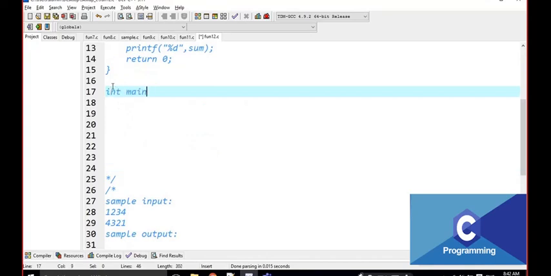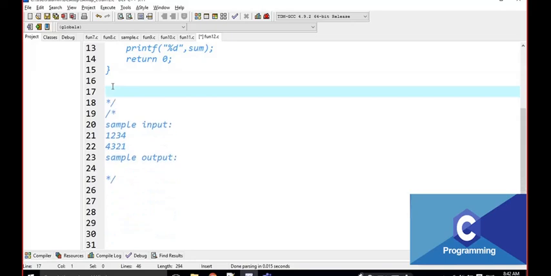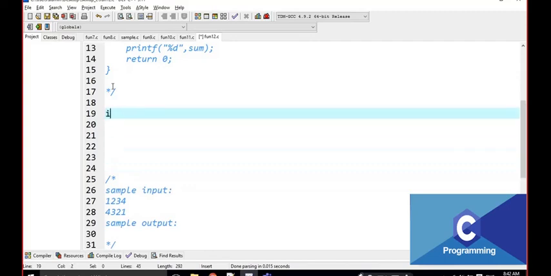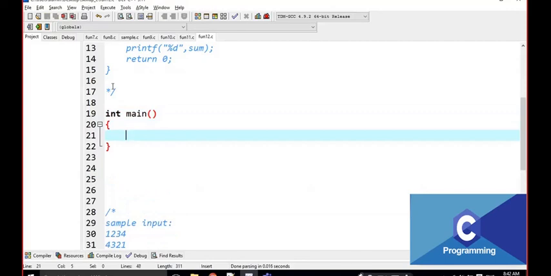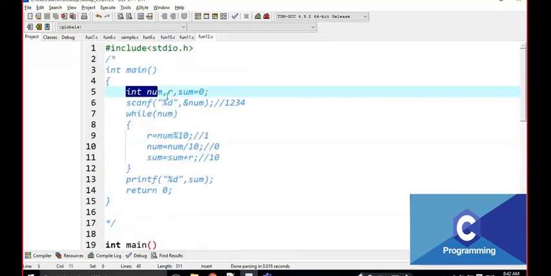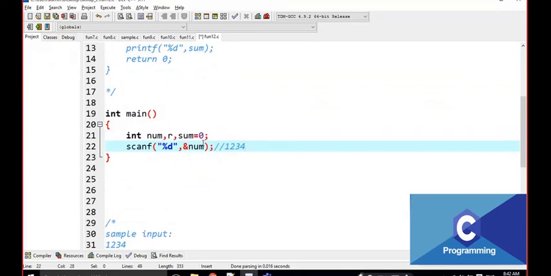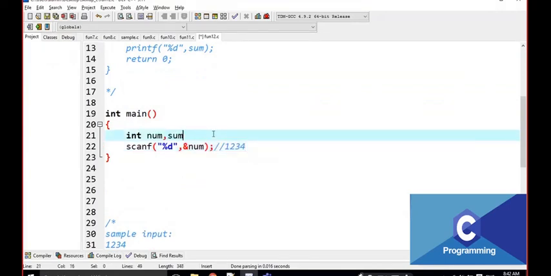Int main. I am going to write all these things. Sum is equal to 0.